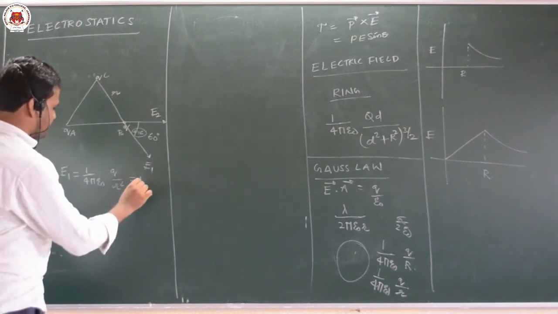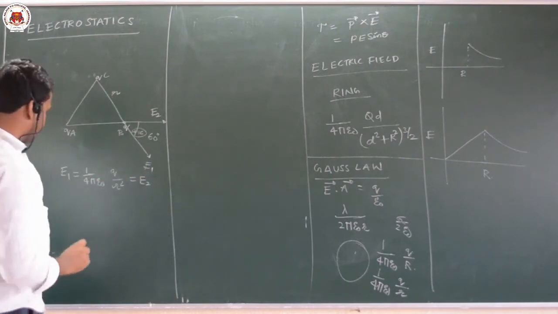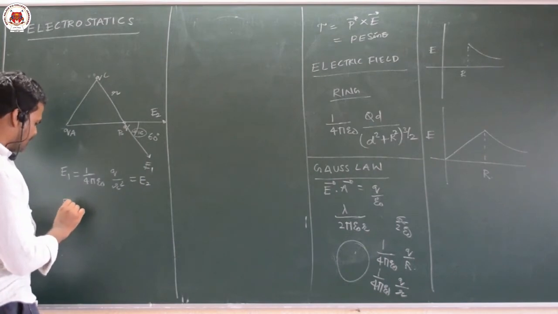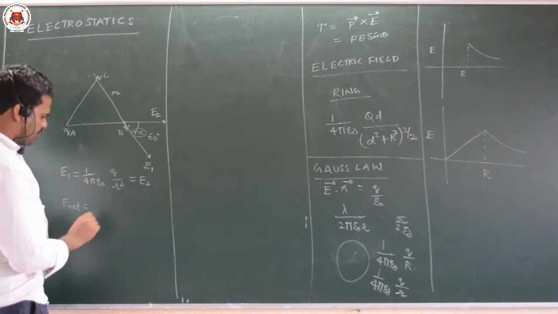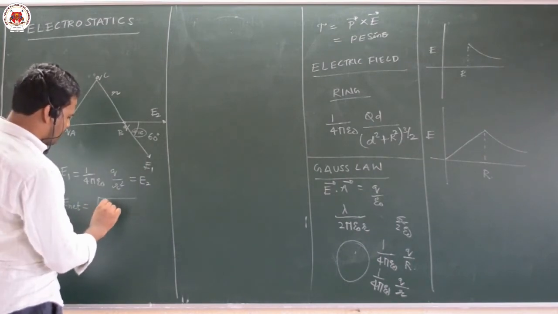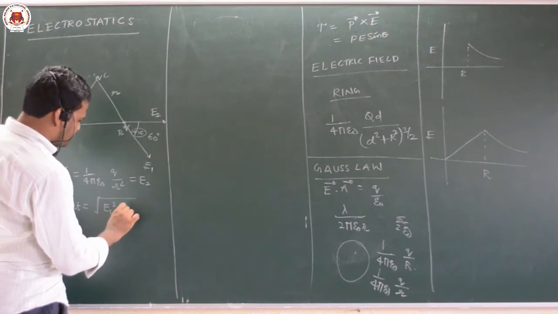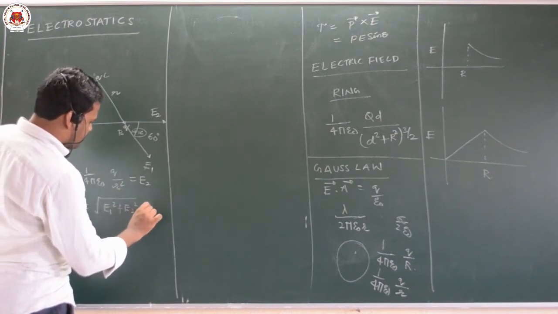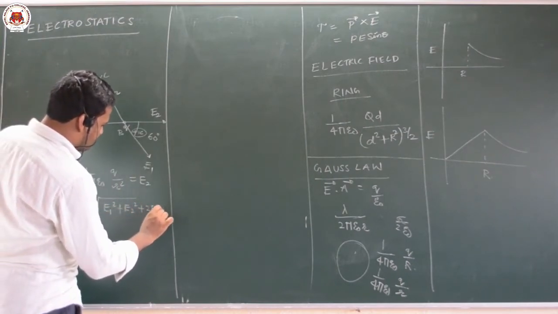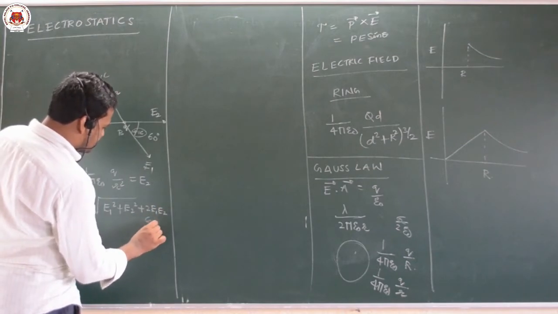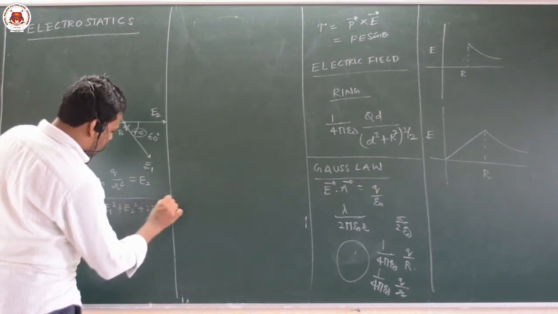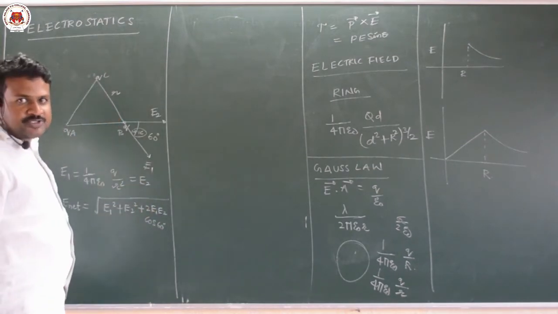E2 is also the same. Then similarly you can find E net is equal to root of E1 square plus E2 square plus 2 E1 E2 cos 60, by using the parallelogram law of vectors,